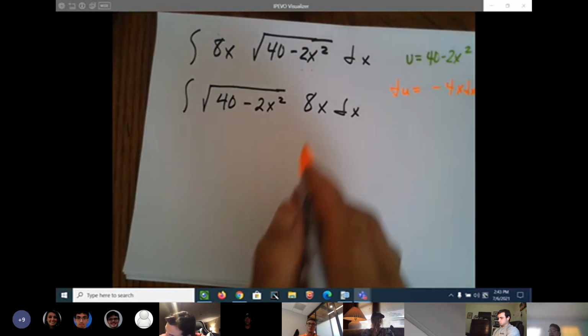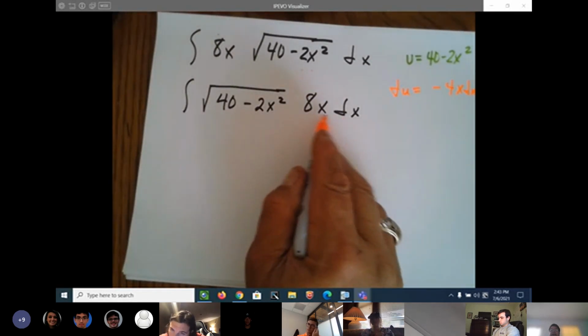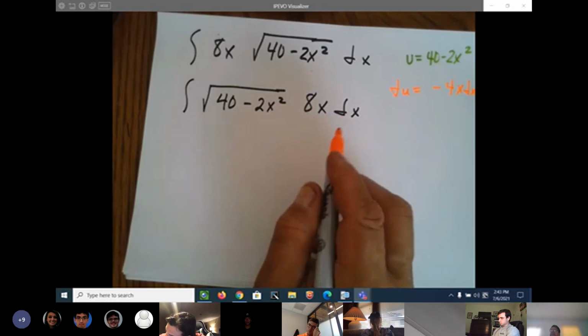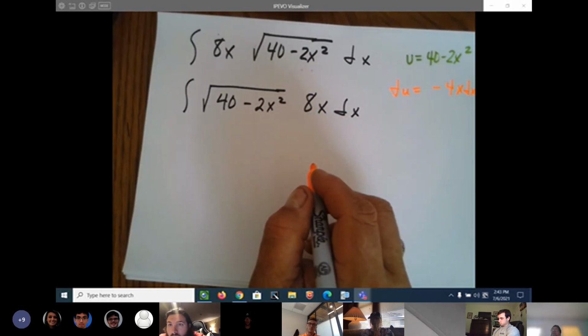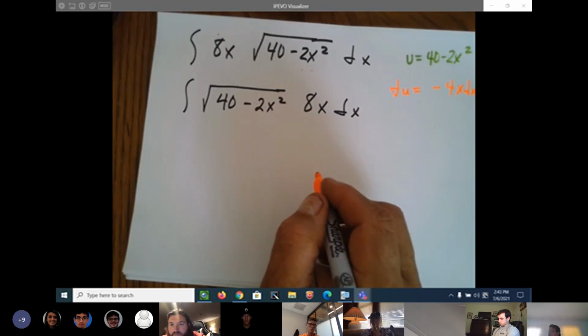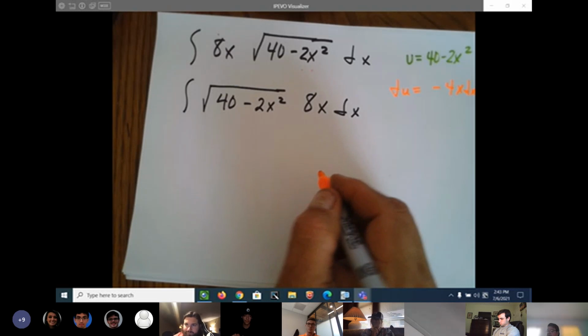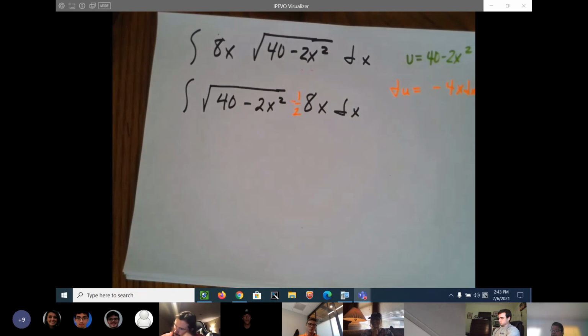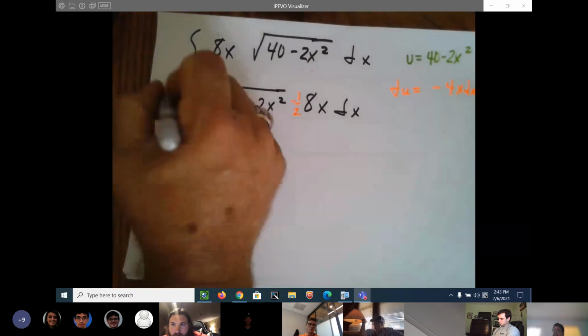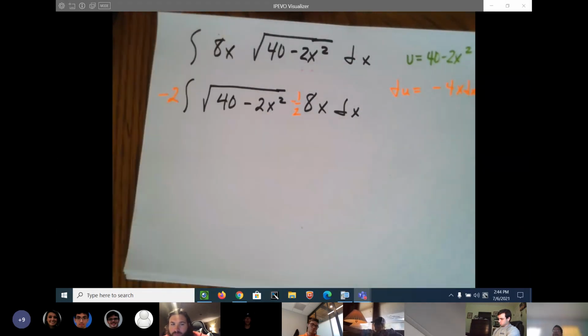So we need this 8x to look like a negative 4. How do we do that? Multiply it by negative 1/2. Good job. Multiply by not 1/2, but by negative 1/2. Therefore, you multiply the outside by what? Negative 2. So now we've got negative 2,